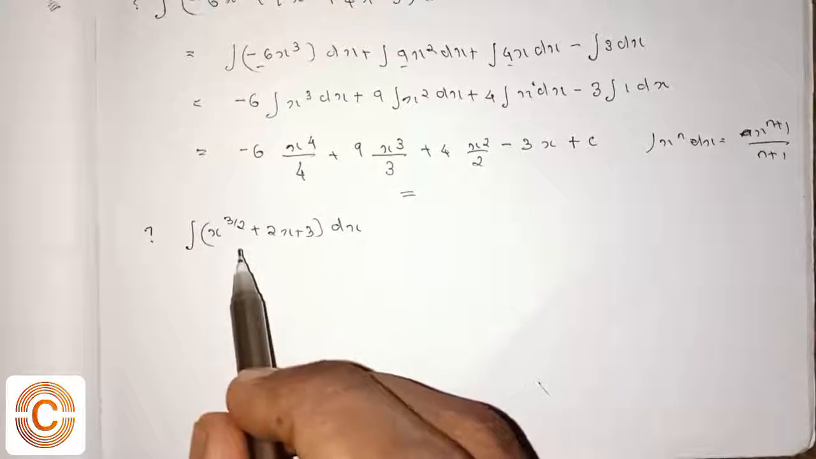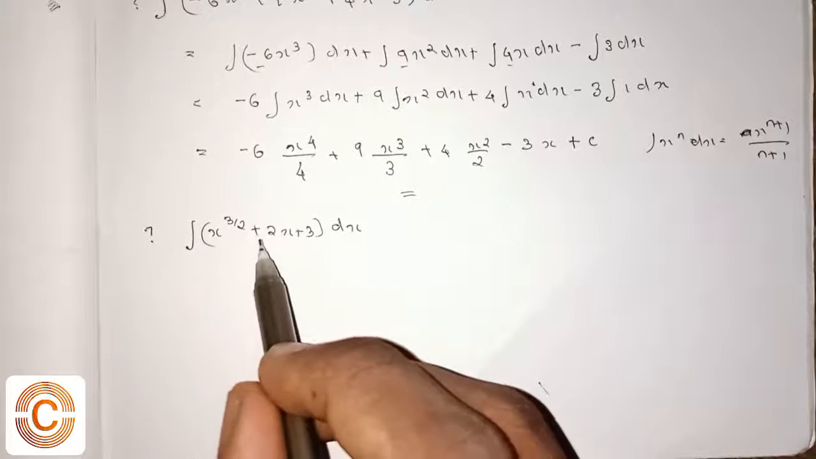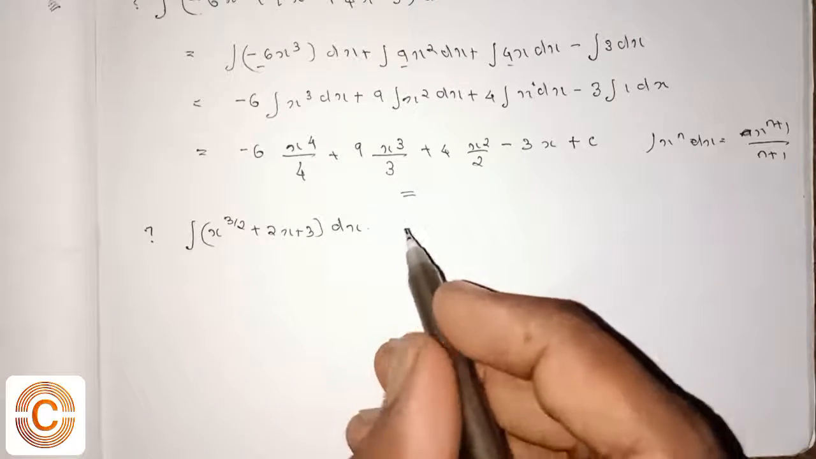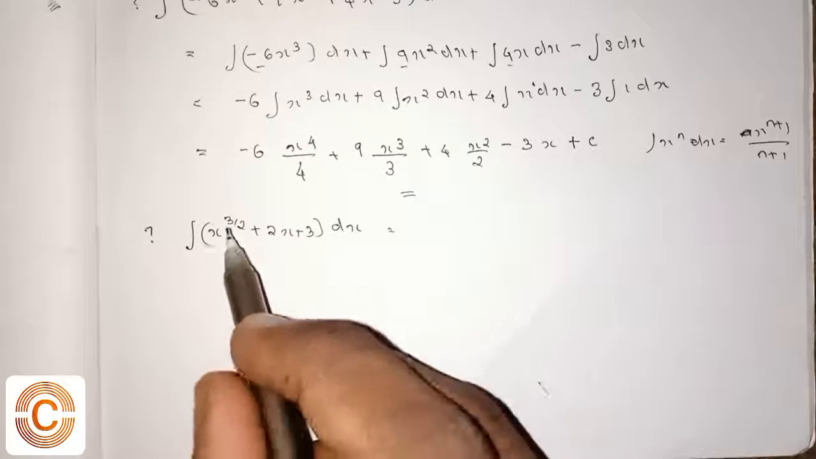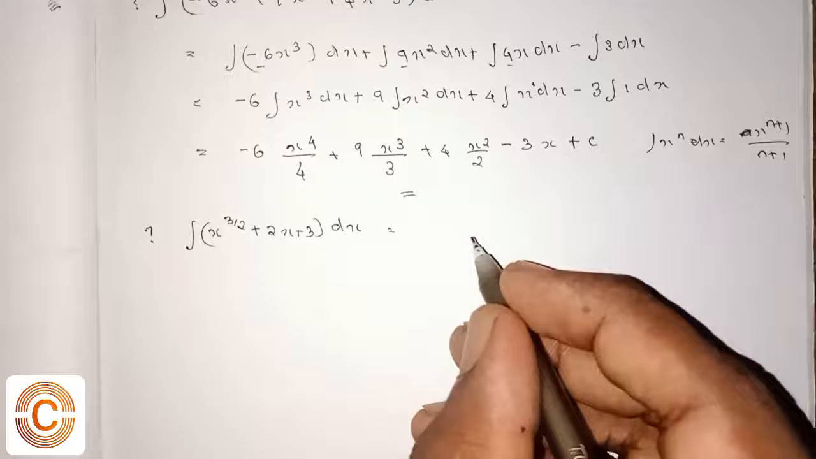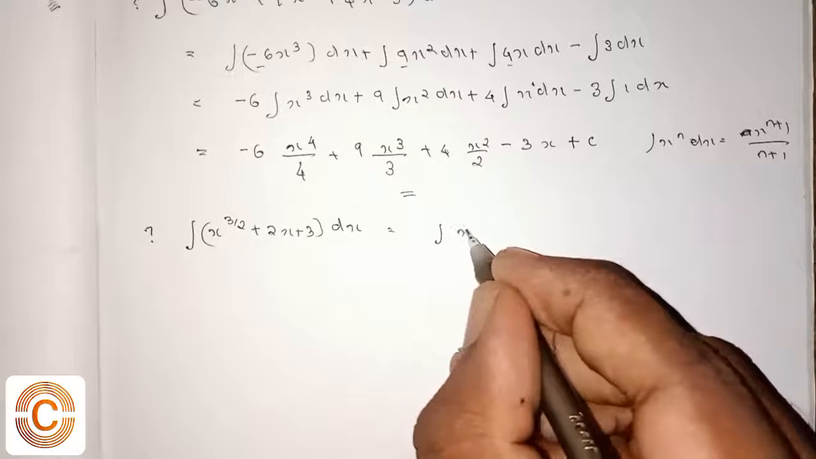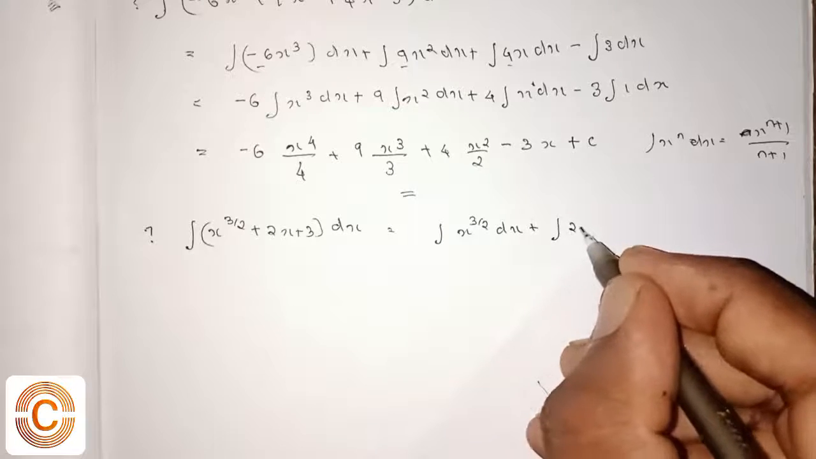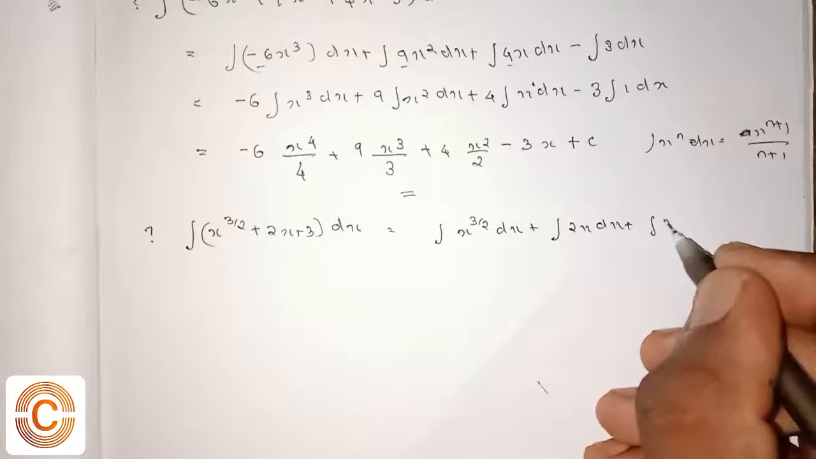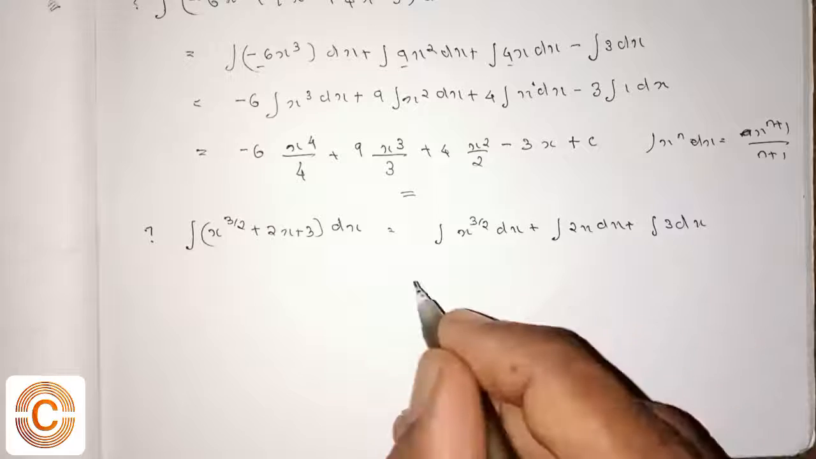Let's check another question: integral of x raised to 3 by 2 plus 2x plus 3 dx. Its solution becomes, we can open this bracket, then apply integral dx here, then we get integral x raised to 3 by 2 dx plus integral 2x dx plus integral 3 dx, which is equal